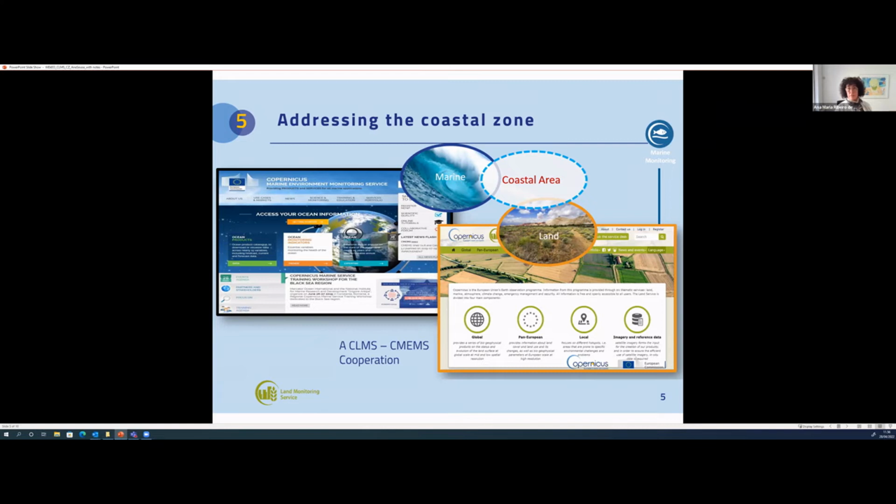So EEA deals, as you can see in the slide, with the land side and MOI, Mercator Ocean International, the entrusted entity for the Marine Service, deals with the marine side. So these two entrusted entities have agreed to a roadmap for collaboration, and work is in progress on several fronts.